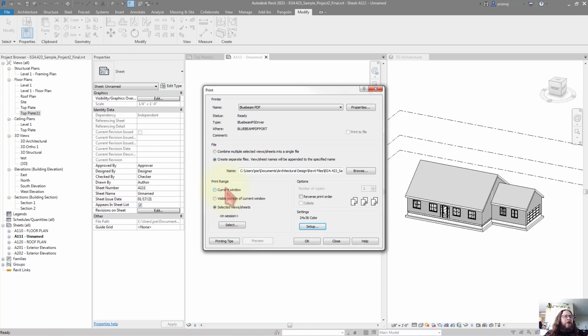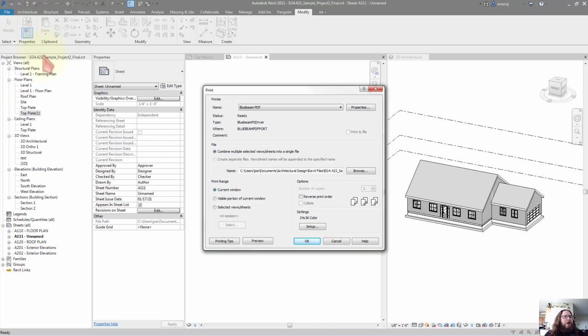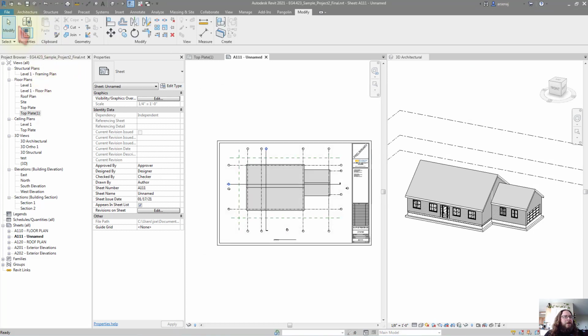Hit OK. You can either print current window, which then you can get a preview of what it's going to look like when you print it. Hit print to go back to your print dialog. If you hit close,